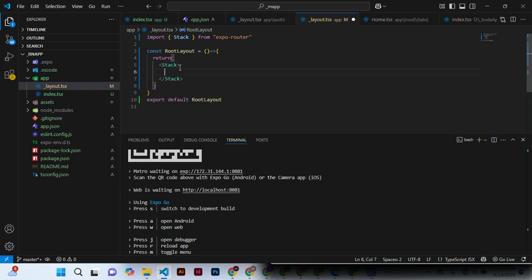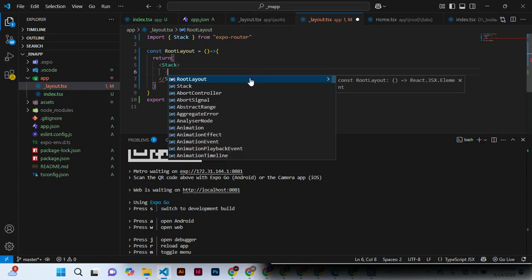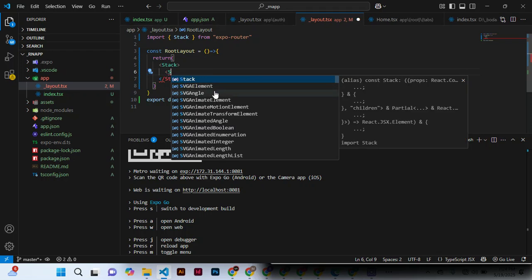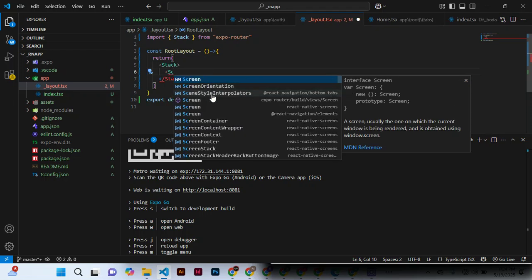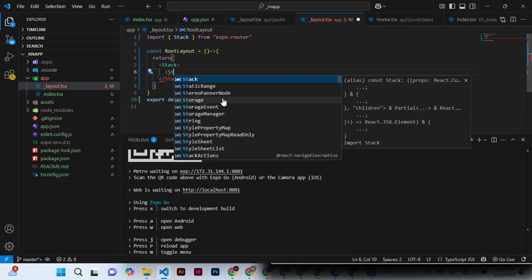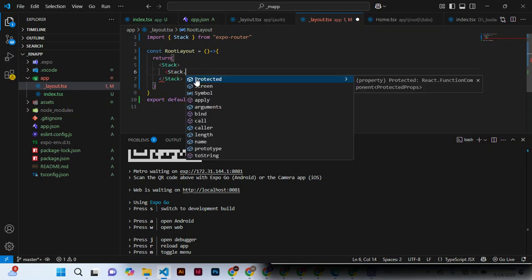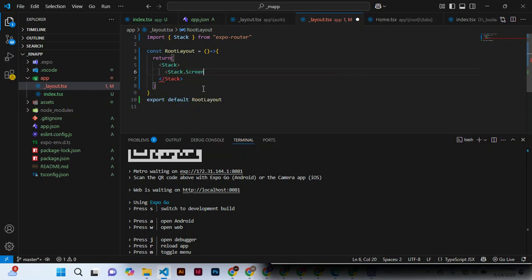and in the stack, we make a screen stack. Screen dot, let me say stack dot screen, like that. Let me not use this one. Let me use this one over like this. I close it, save, and then what next we can do is